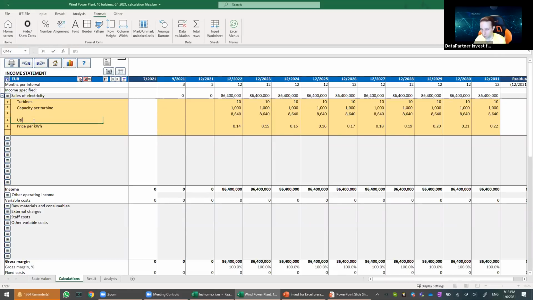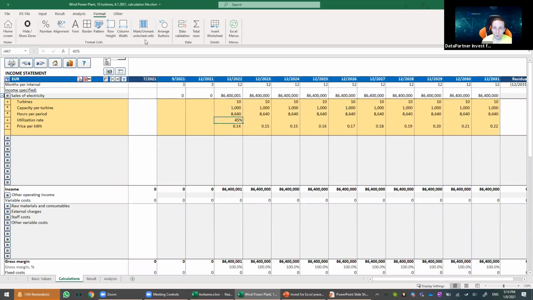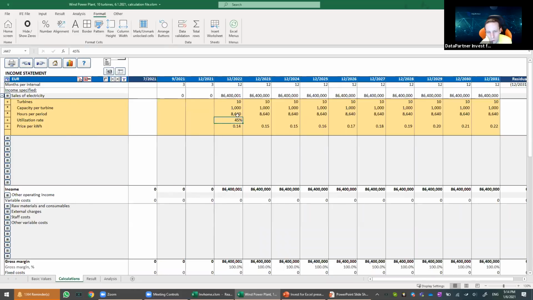And let's call it utilization rate. All right, so let's see, what do we expect it to be? Let's say that maybe it will be 45% or something. 0.45, and then in this case I will want to format it as a percentage. There's a very easy way in Excel. It's not an Investor Excel function. Just right click and press the percentage button. But otherwise, the way supported by Investor Excel is to go to format, number, and here's just percentage. So that's the same. Okay, so 45%